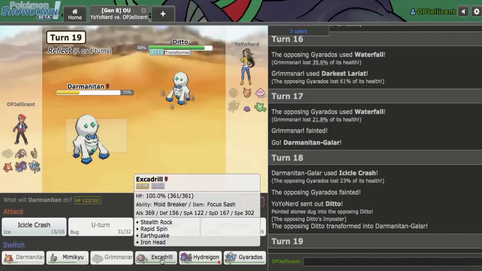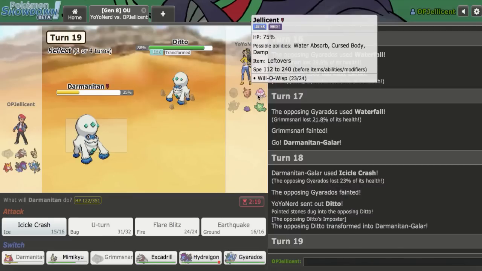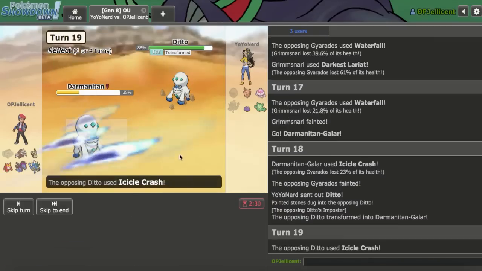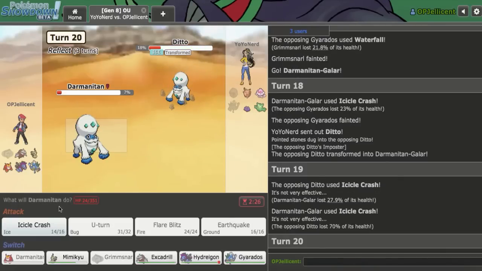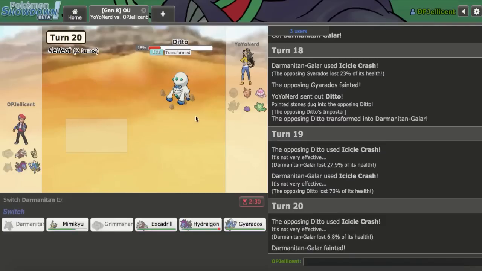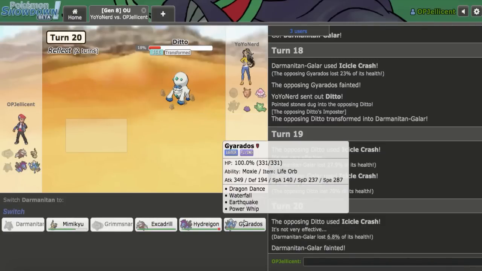I do have a Sash on one of my Pokemon here. I want to keep Hydreigon. Gyarados is pretty good too, because I do carry Power Whip, so I'm just going to sack this off. Maybe I win the Speed tie and flinch them or something. Nope, I lose the tie, but they decided to click Icicle Crash, which does nothing behind that Reflect. Can I win this tie, though? No, I lost both ties, which is kind of unlucky. Yeah, that's relatively unlucky, but...